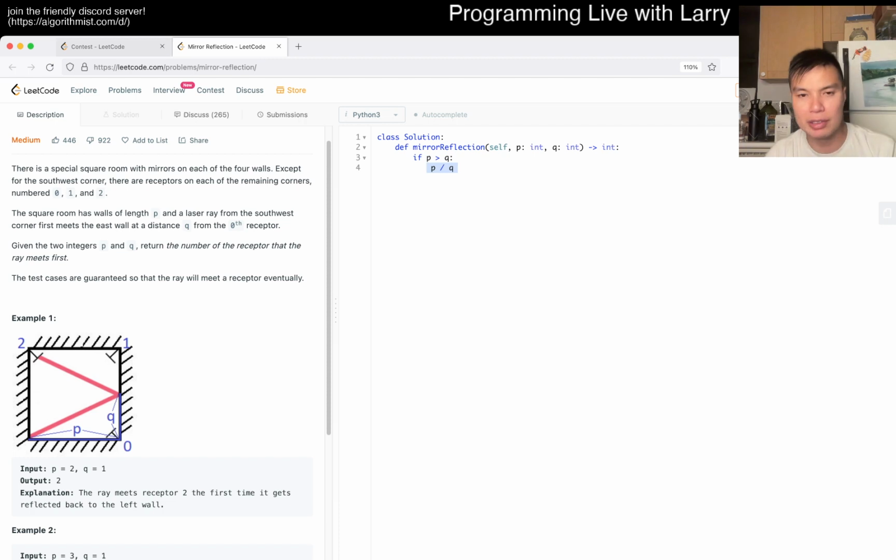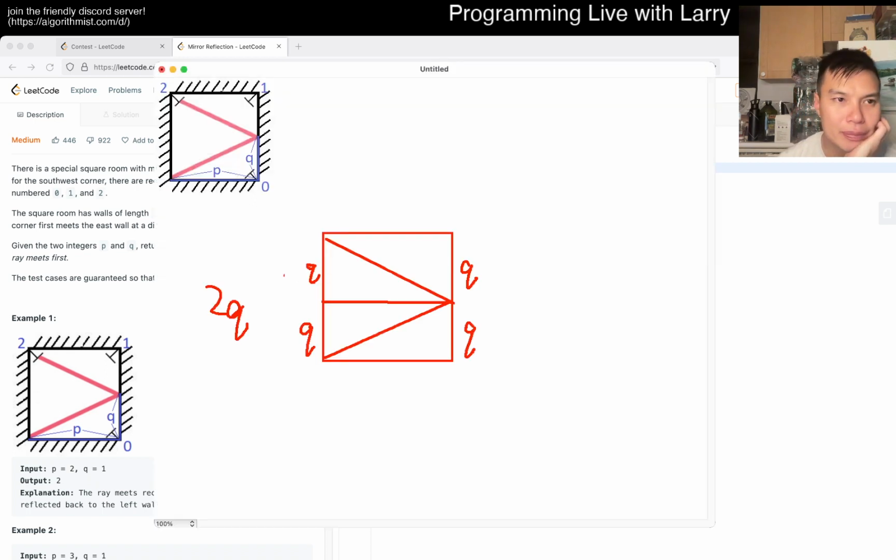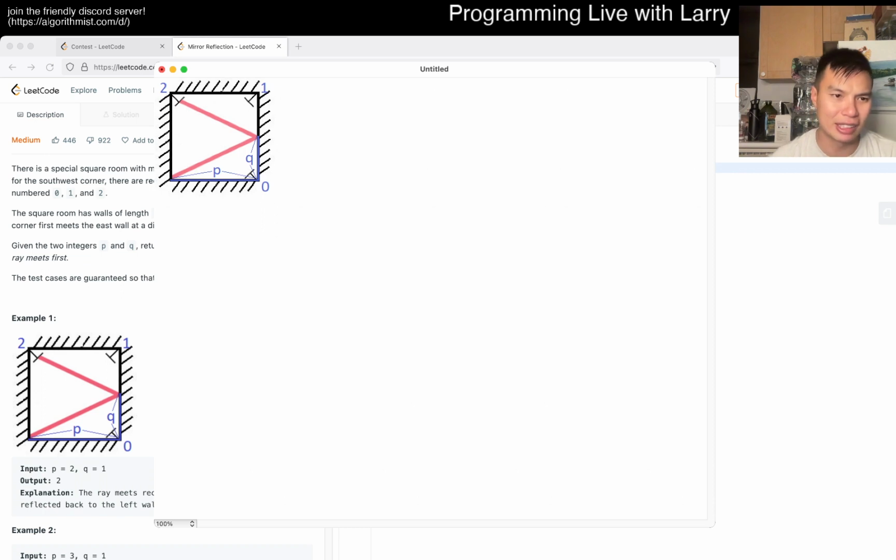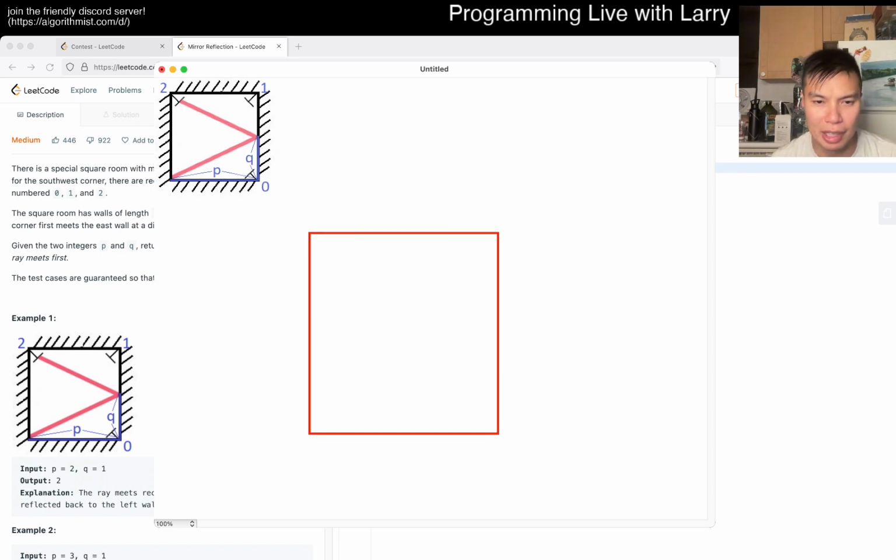Okay. I guess another way to say it, though. Oh, I think I have another. If Q is less than P, then what happens? Let me think about it again. So I think I have the case where if P divides Q directly, then we get what we get. But another thing that we can think about is, okay, let's say it's not perfect anymore. And this is just case analysis, I think. And then you could normalize it in a way. But let's say I have something like this, right? And then now it goes then